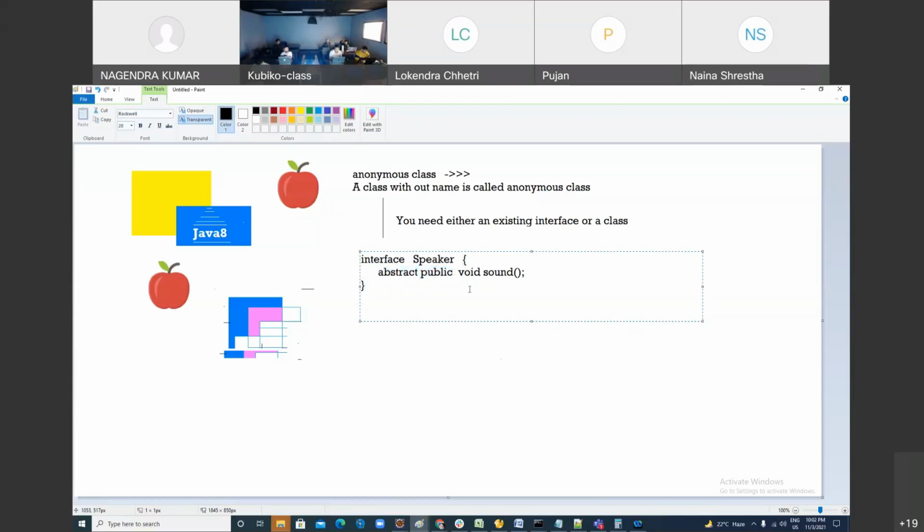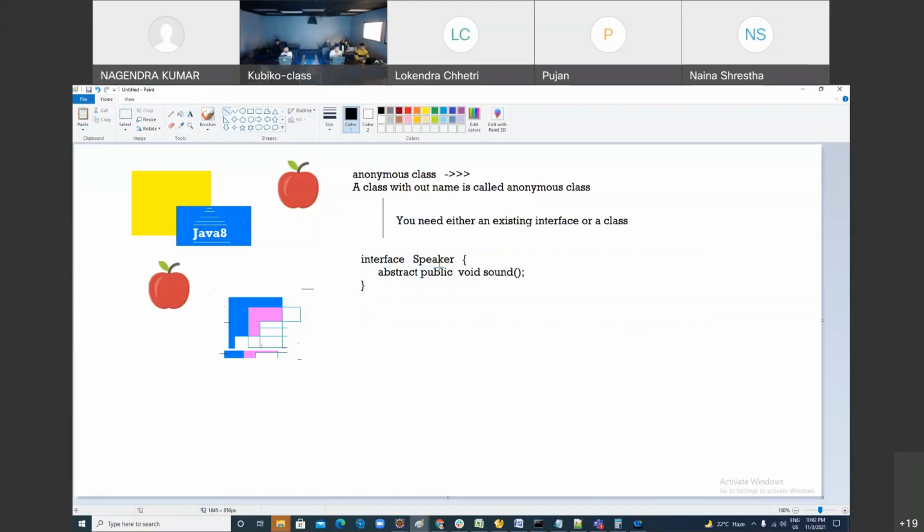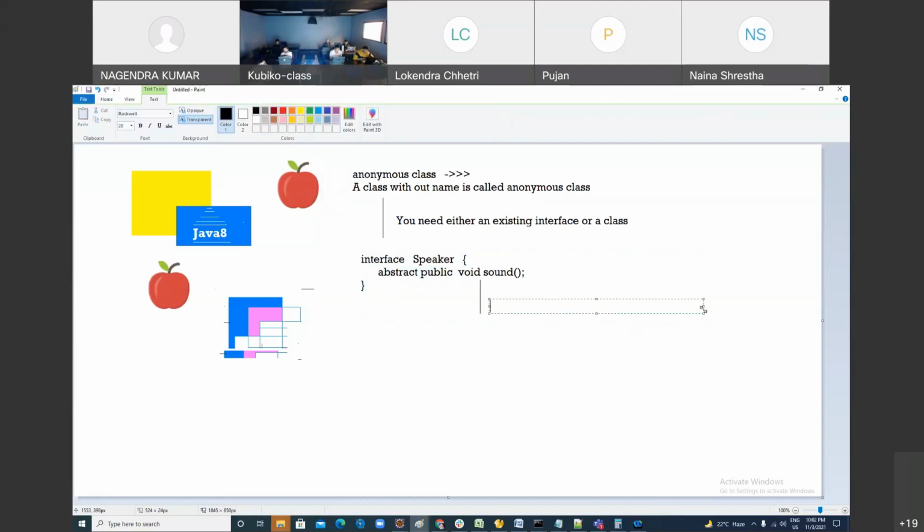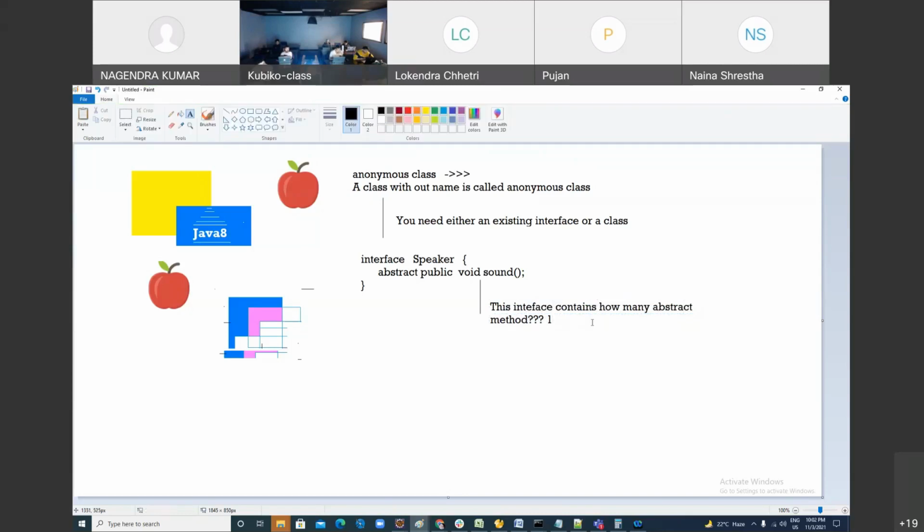This interface contains how many method declarations, or how many abstract methods? Any guess? One. An interface which contains only one abstract method,